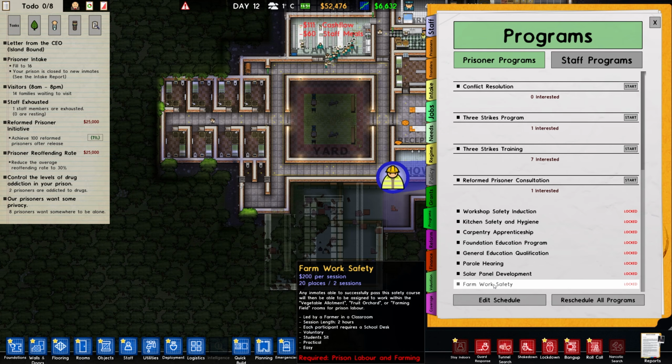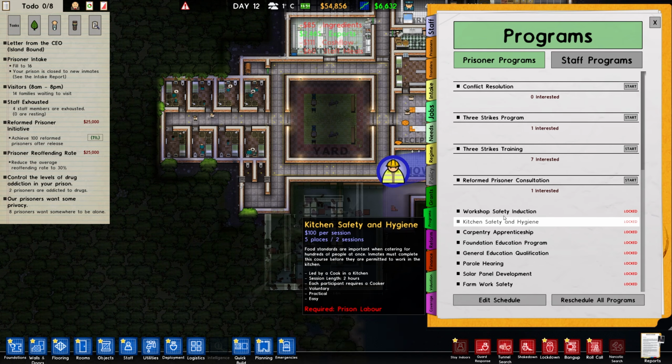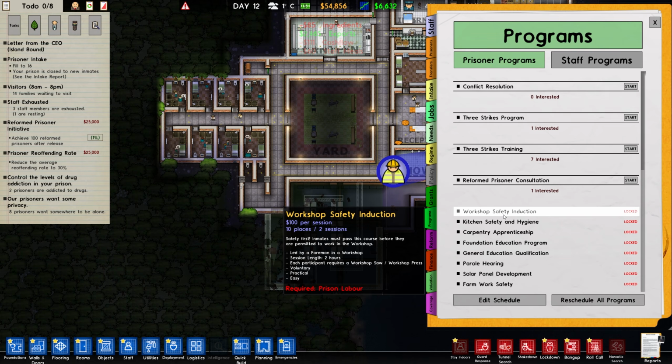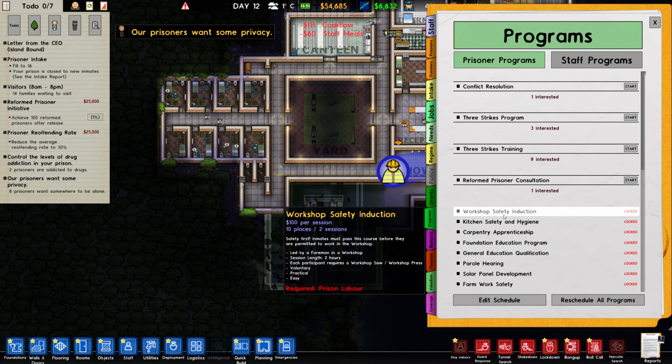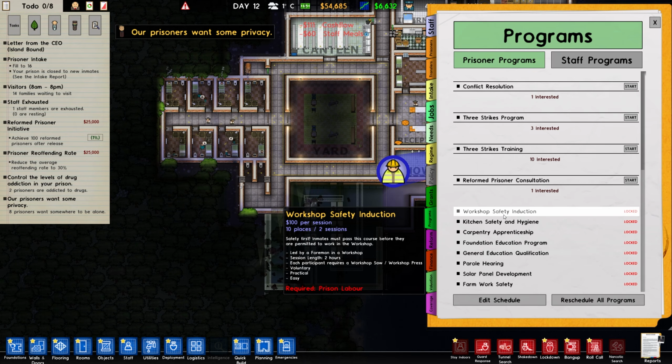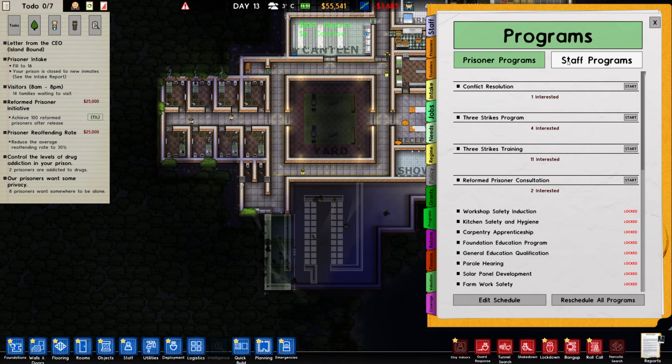These require, I guess, 2 sessions. We need prison labor and farming for this. We need prison labor for this one. Because we have prisoners that don't stay here for very long, we might not end up with people that can work in workshops. They might get released before they complete these courses. So education is something that we might struggle with a little bit in terms of prisoner programs,